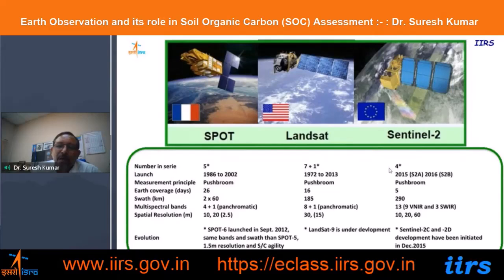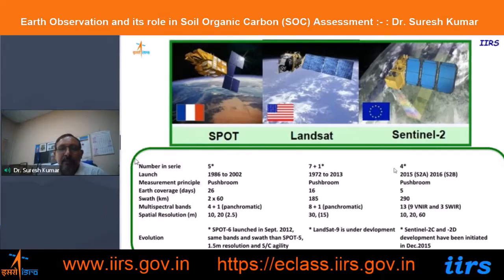And as we know, for soil studies we need satellite data when there is no vegetation cover. So certainly if there are permanently vegetated covers, like forest and other things, we cannot get the bare surface. But in agriculture and other areas, when we get the bare surface, during that time we can take the remote sensing data and use it